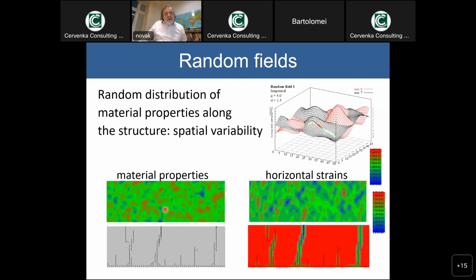I talked about the random variable approach, but some time ago we also did some research on the influence of randomness at the level of random fields. Random fields represent the random distribution of material properties along the structure, so it reflects spatial variability. For example, here you can see a 2D structure and a random field of some properties, compressive strength, fracture energy. Then you amplify the weak points in the structure, and the crack patterns corresponding to that in ATENA modeling, in fracture mechanics, are different, and also the horizontal strains. But this is really an advanced topic which needs a separate lecture, and I only mention it because of